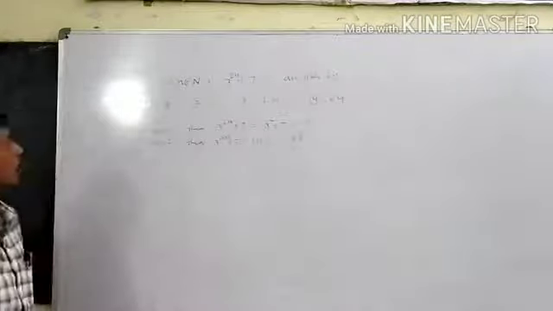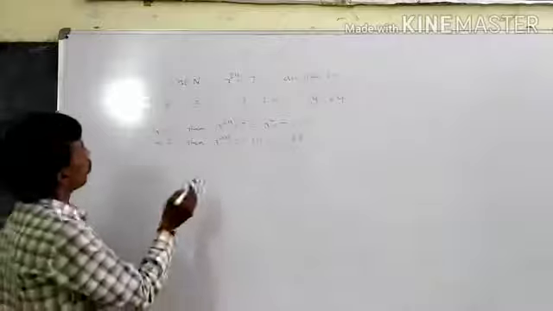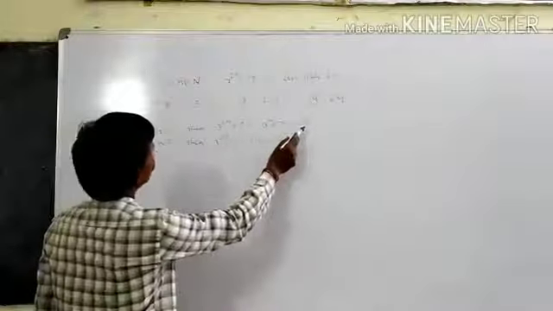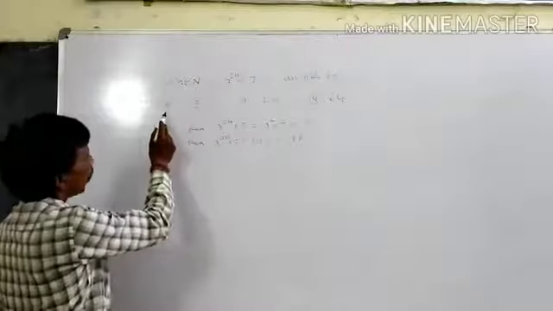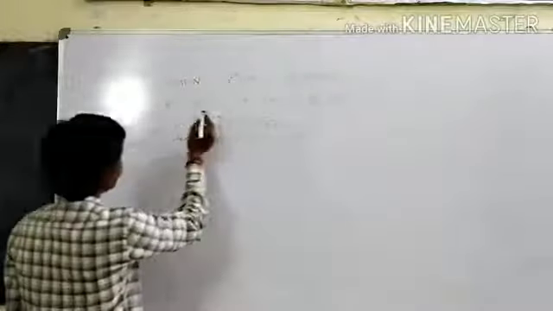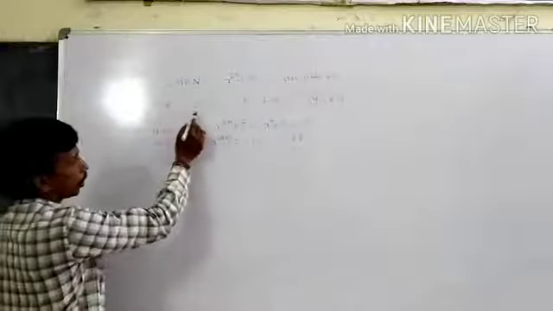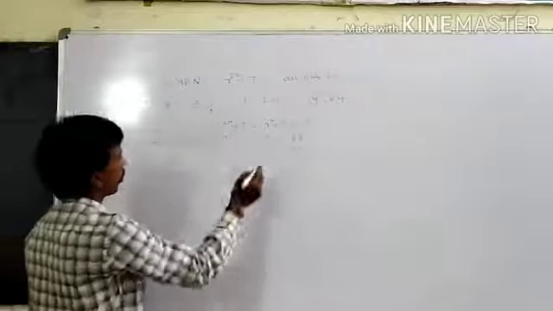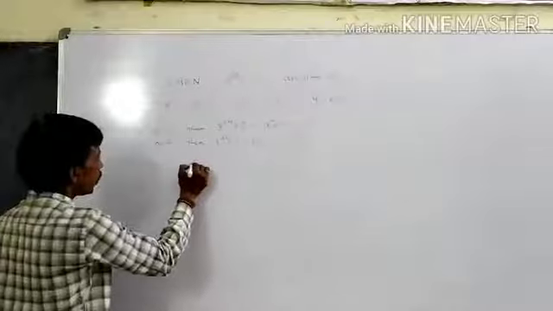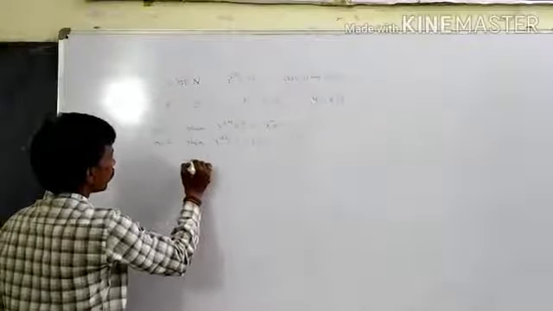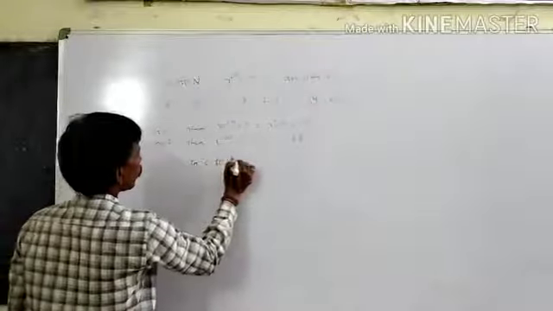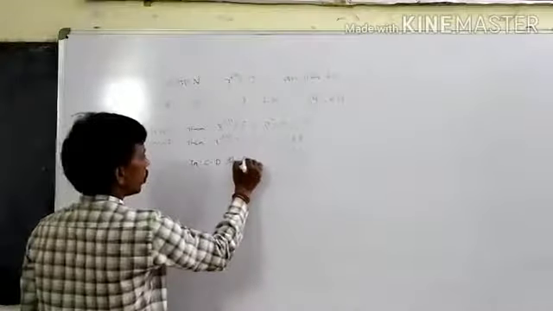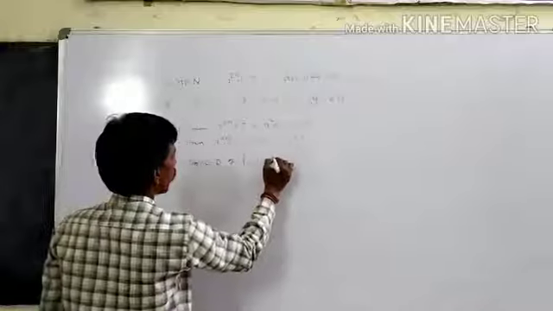Now here 16 is there, and the multiples of 8, 16 is there. Now GCD of these two, 16 and 88,